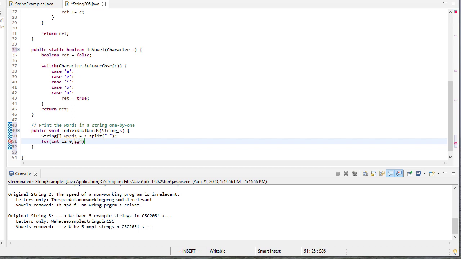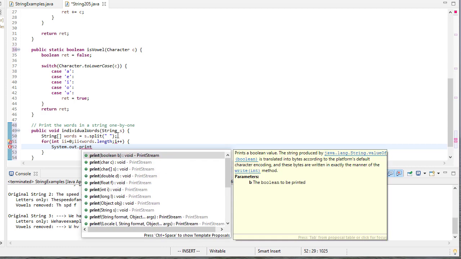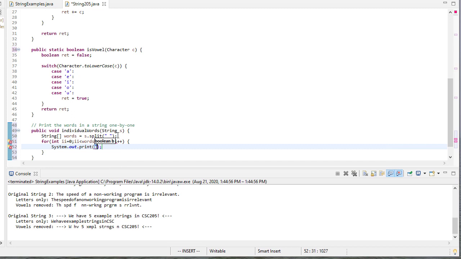So i will be less than, where's that length? And we'll increment i each time. And of course, we could have used a for each loop if we wanted, but we didn't. Now I have to decide how I want to display this. And what I'll do is I'm going to print just the word, but I'm going to put brackets around it. So we'll say a bracket,